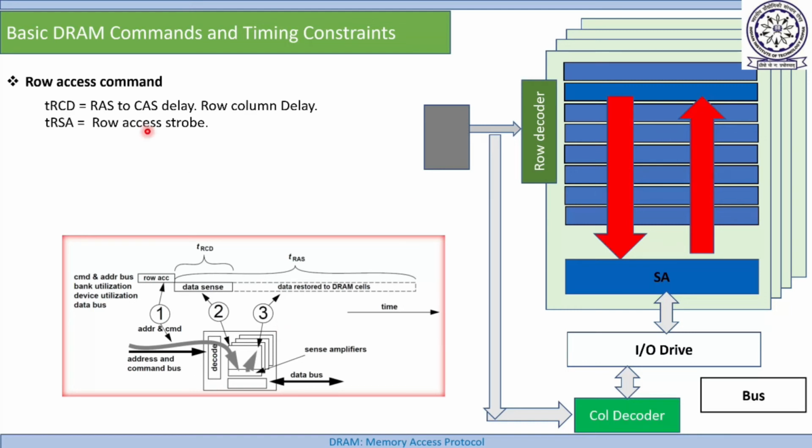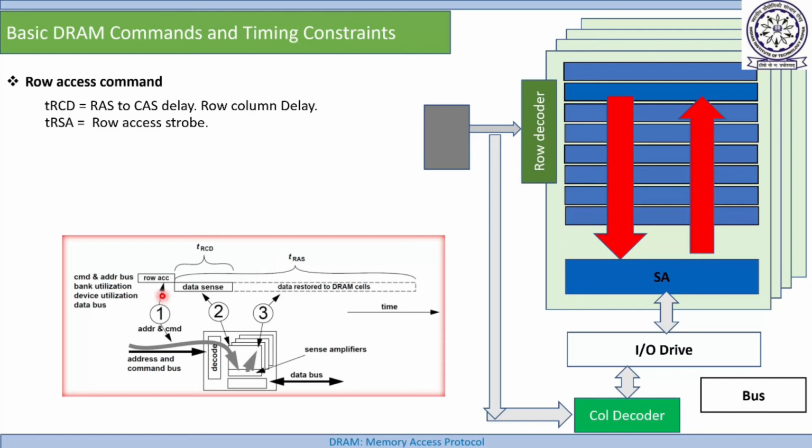So if you see the figure, this diagram properly, for this row access command, first of all the controller is issuing a row access command. It will take tCMD time. This command will travel through the command and address bus, and it will take this much time. This is tCMD time to reach the device. Once it has reached the device, this is the DRAM device, then we say that the command is issued. After issuing the command, it will take tRCD time to make the data available here in the sense amplifier, and it will take tRES amount of time to restore the data back to this row. So this is what they are explaining here.